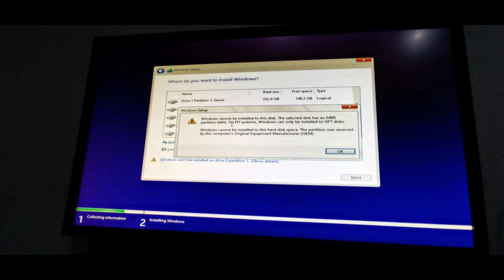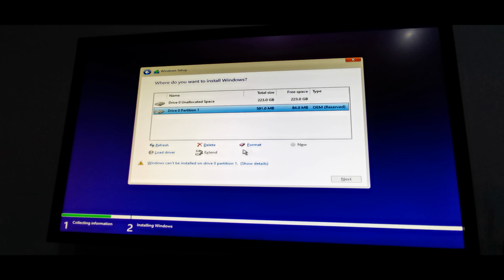If this error occurs when you select the partition and want to install it, you have to delete all the partition on that hard drive and make another new partition. Like me here.